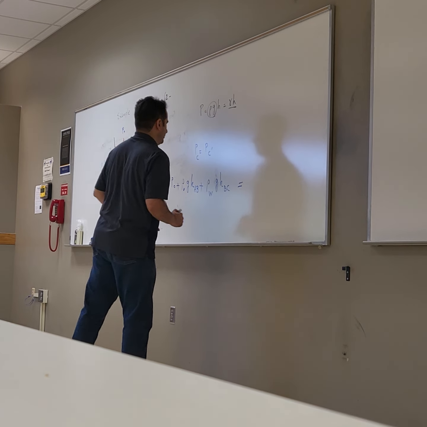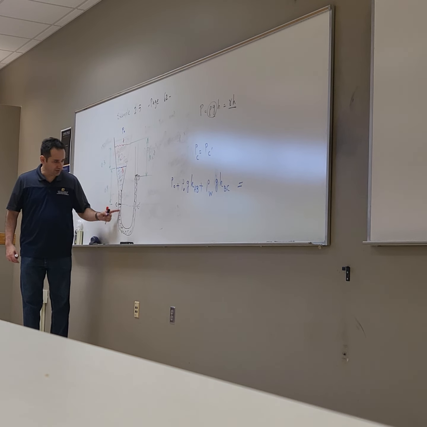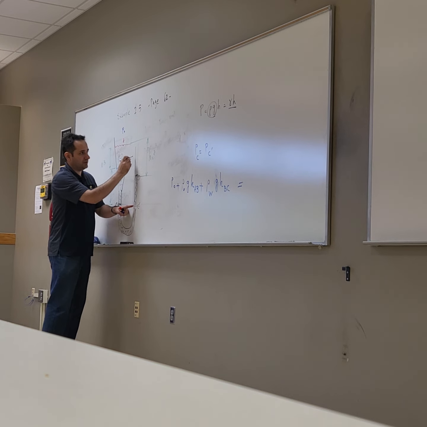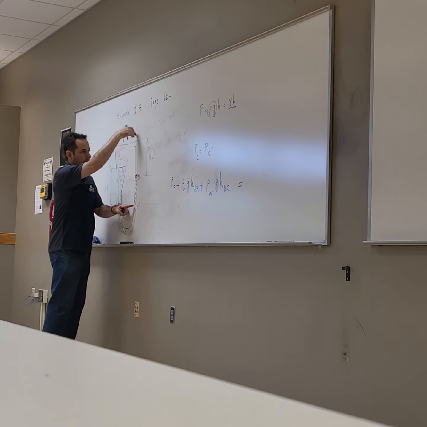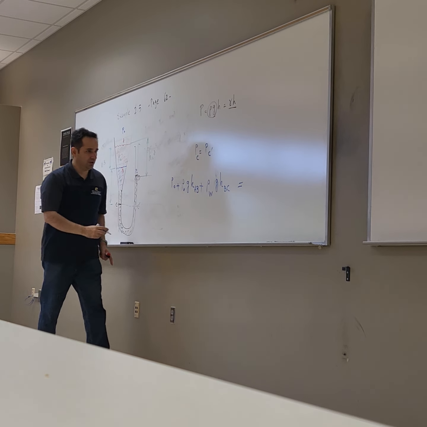It should be equal to the pressure at the other point in the same fluid, the same pressure. That's going to be P0. You see this end is also exposed to atmosphere, so the pressure here is also the surface pressure P0,